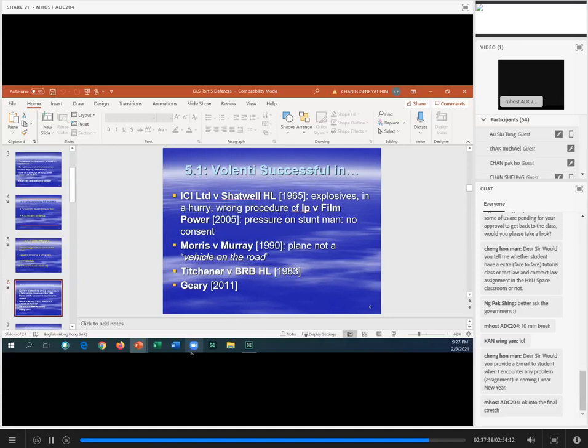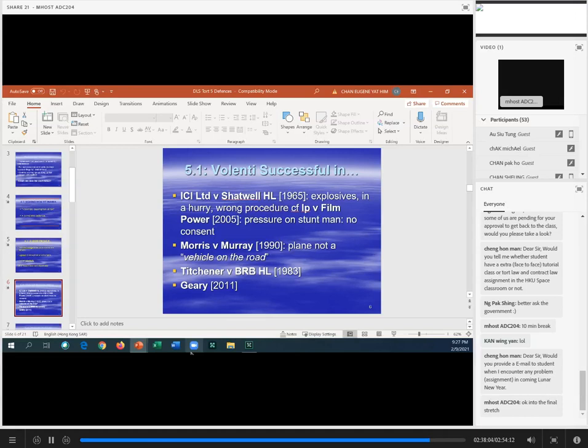So do you actually need an actual agreement? The answer is no. The House of Lords found that the plaintiff voluntarily accepted the risk. So be careful. Don't go onto the MTR train lines at any time, or the Kowloon Railway, or indeed out in Tuen Mun, the light rail system. Stay off the tracks, because that could be voluntary assumption of risk.